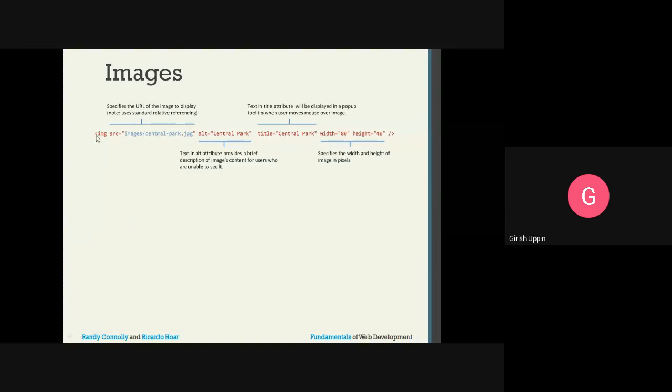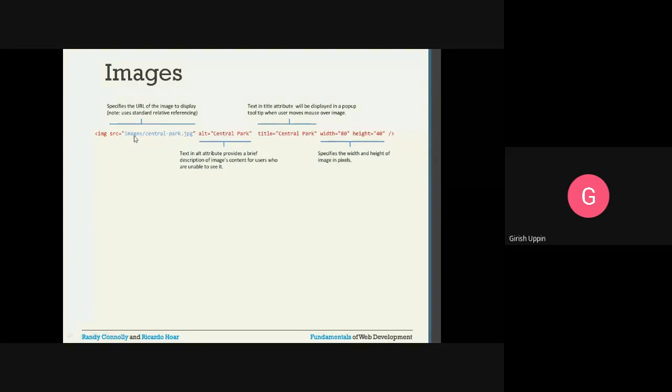So it starts with the open angle bracket, img, space, src. Src will give the location of the file, that is, the image file. Here you can say images/central-park.jpg. This is the place where you can find the particular image. When you give the path like this, again it's a relative path, what we talked about.